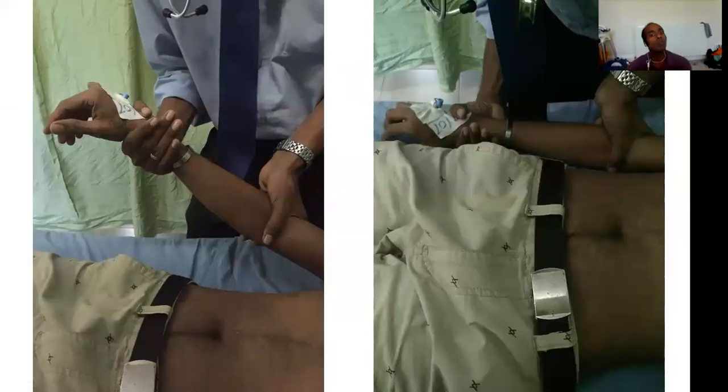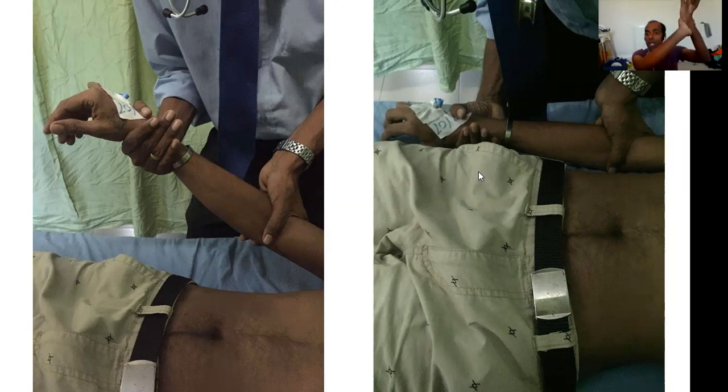This is the proper way to examine the collapsing pulse, and look at the way my hands are positioned. You can see my left hand with my thumb on the brachial pulse, and the right hand with the palm of my hand, that is the metacarpal regions of the palm, touching the radial artery. Then with one swift, single movement, you lift the arm off the bed. So make sure the position of your 2 hands is right: one finger on the brachial artery pulse,